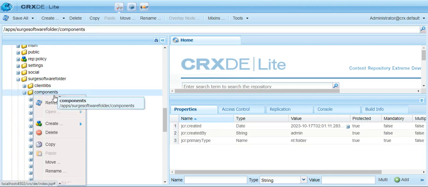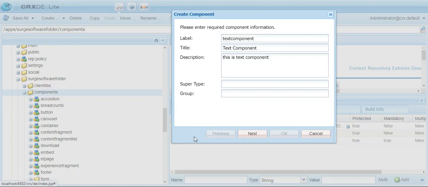So here, right click, create, and here we have create component. You can simply paste it. And here there is no need to mention the absolute path, because Sling already knows that. If it is not present in apps, it already knows this path. So that's why you don't need to mention it. And this one is the main one, where you want to store your components, or where you want to organize them. I just want to create or store my component inside this group. So here I'm mentioning